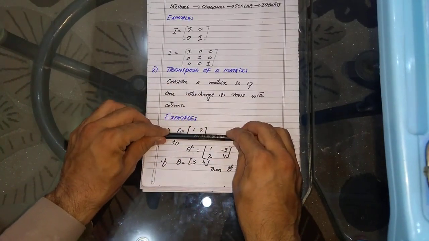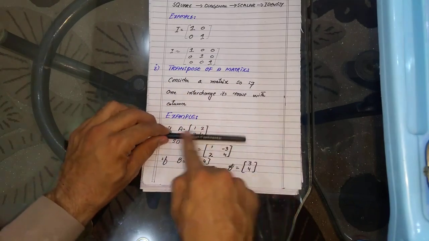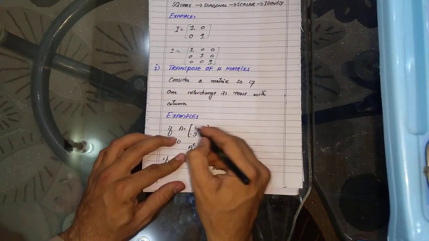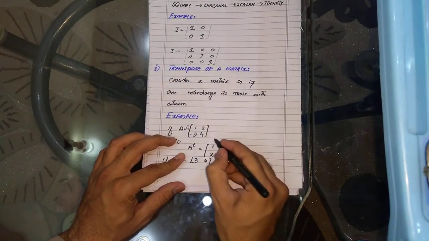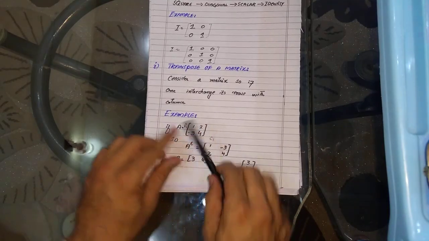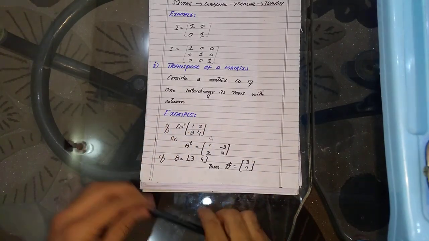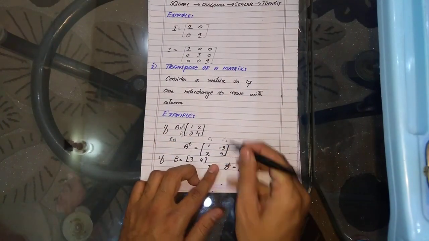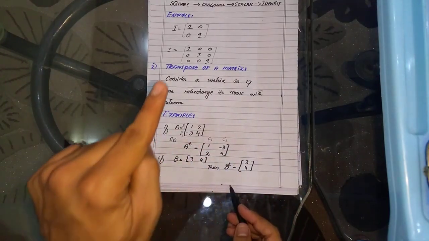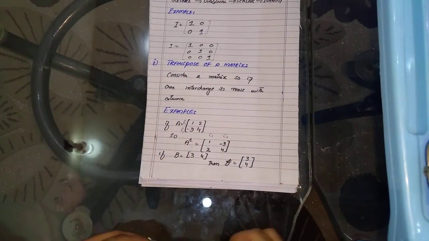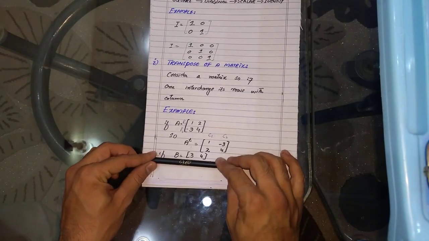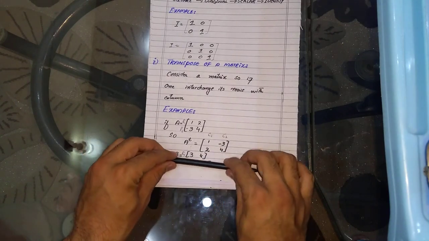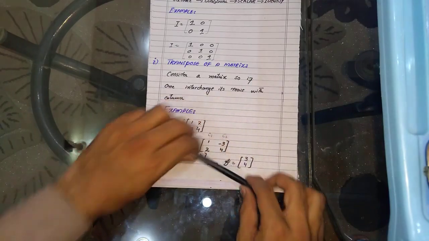Change rows into column. Look here, this first row is changed into first column. Okay, now look here, this was my first row. Now I convert it into first column, 1, 2. Now over to second row, this is my second row. This is converted into second column. So this is called transpose of a matrix. Now consider another example. Okay, this is a matrix, 1 row 2 column. Look here, I am changing that matrix into, look here once again.